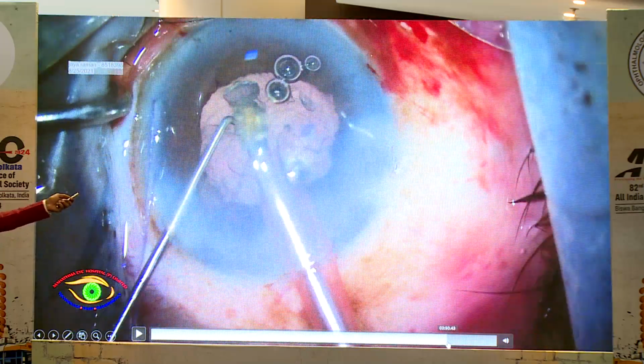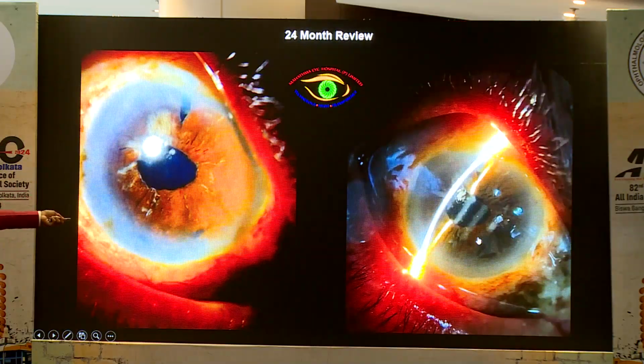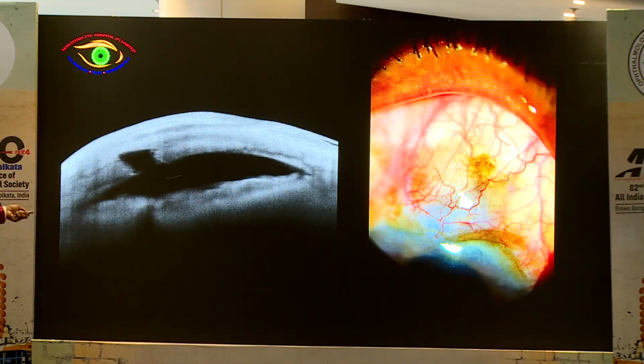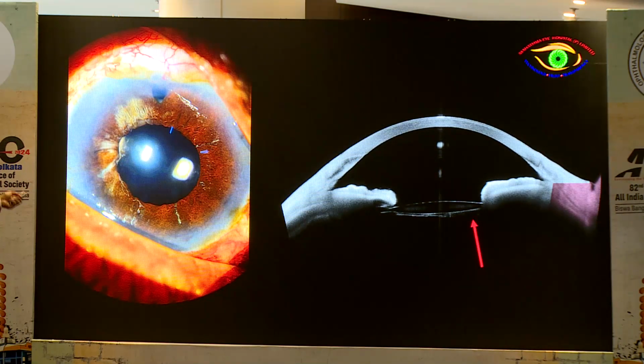Of course, at the end there was some completion that I had to do for the trabeculectomy. Now the patient is at 24-month review. So this is an undilated one, and then you can see this is a bleb, all is fine, the patient is happy, 10 millimeters of mercury. So what you can see here, the PC rent that happened, I am still able to monitor it at a quantifiable level. So the lens stability, it was a monofocal,